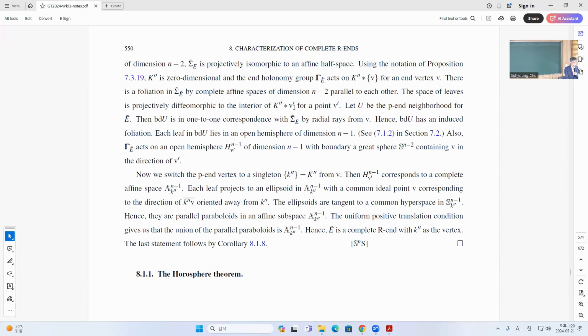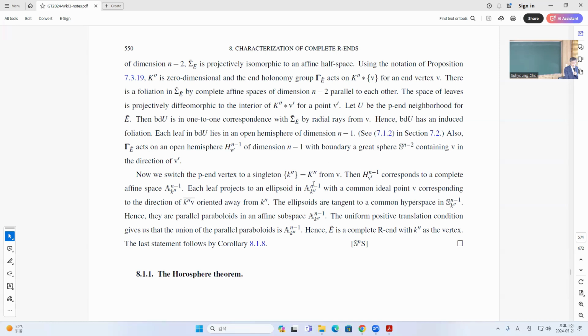So then there is a foliation by complete affine ends of this end orbifold by affine space. And what we need to do is, when we change the vertex, then this really becomes a complete affine end. Okay,